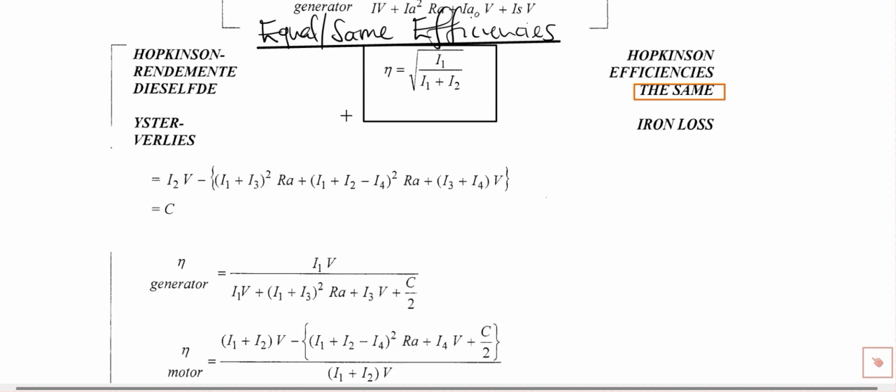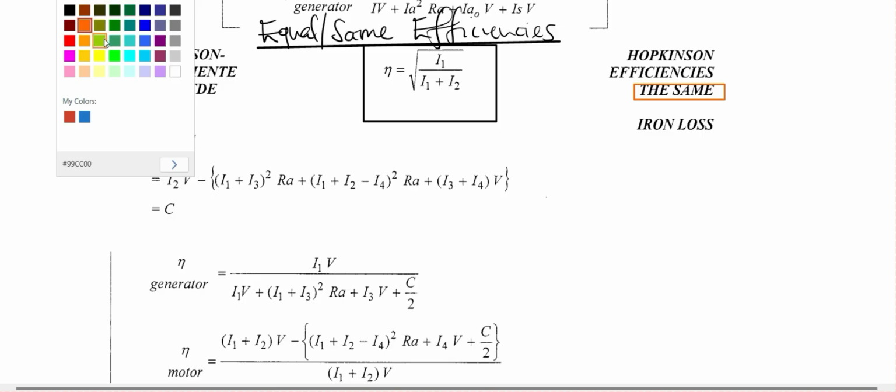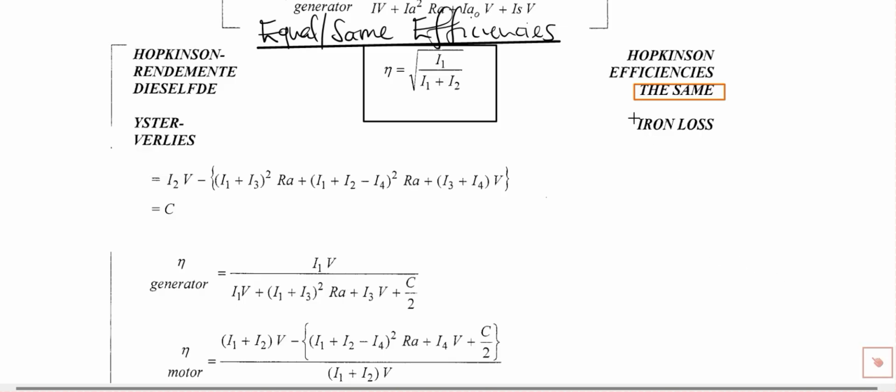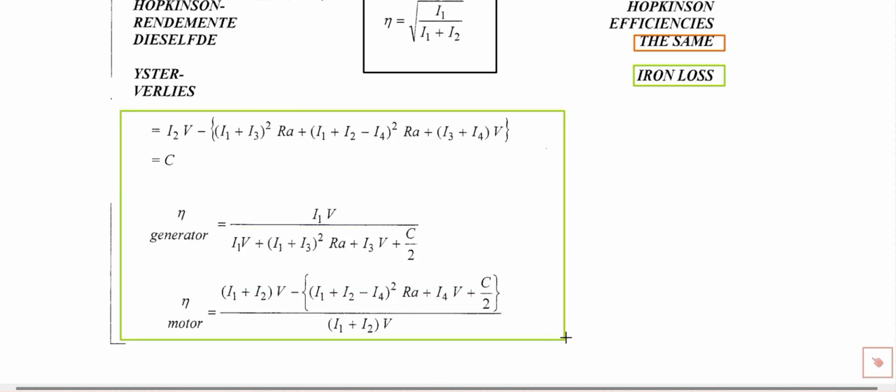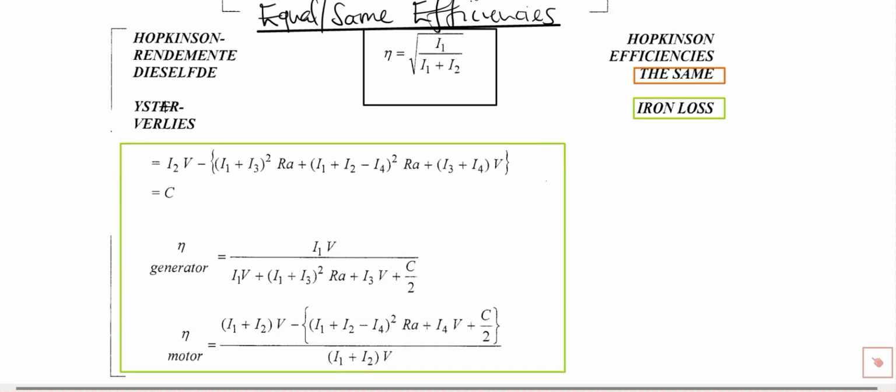The second condition is then written for us here. For the second condition, it's written here. And the formulas for the second condition are all of these here. Like I'm saying, we have two conditions. The first one says equal or the same efficiencies. The next condition then says for